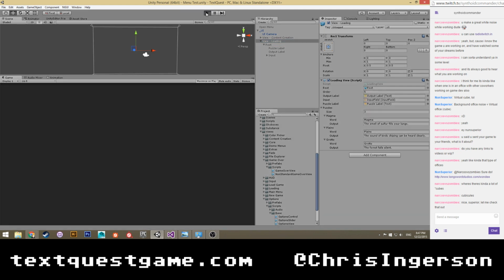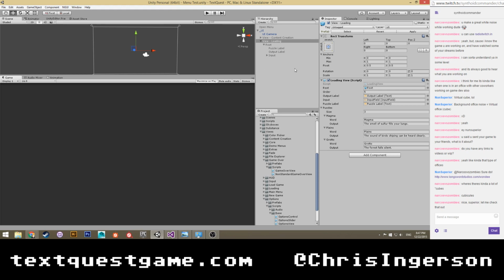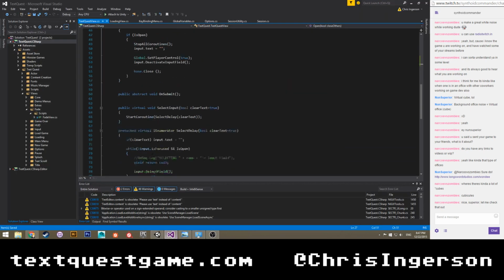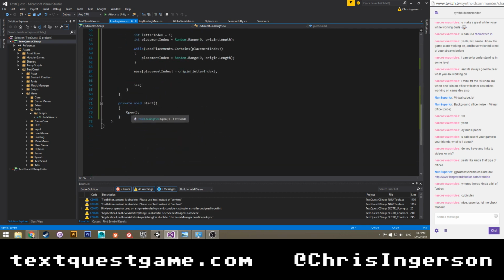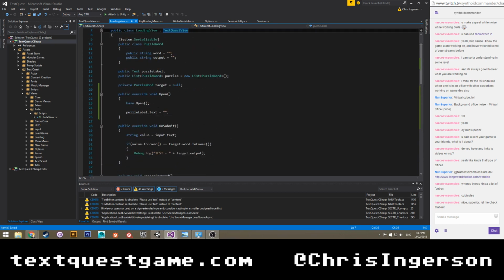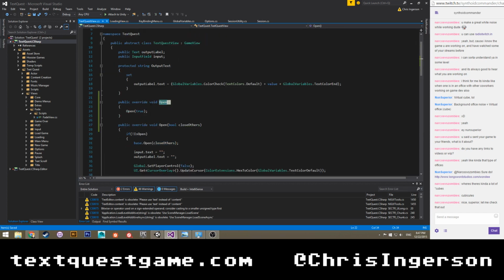Open only fires if the root is turned off because of the way that I have it set up. Oh, look at that. And I still messed up my own code apparently. Why isn't it working? What am I doing? That's stupid. Open. Open. Okay. Let's go to definition.